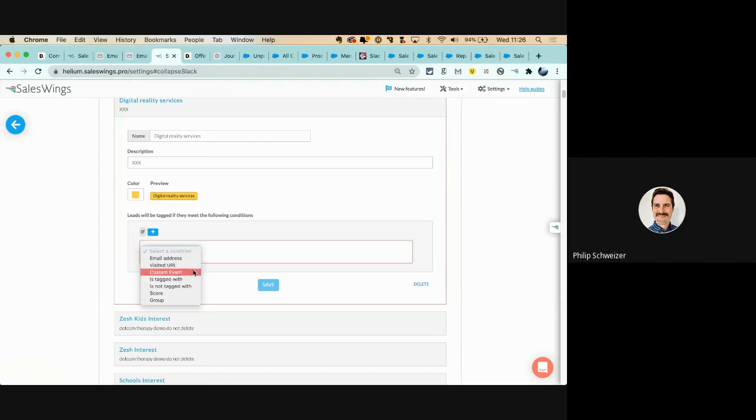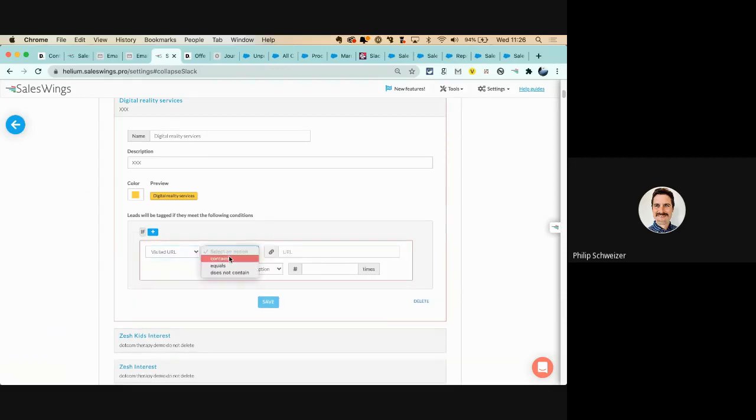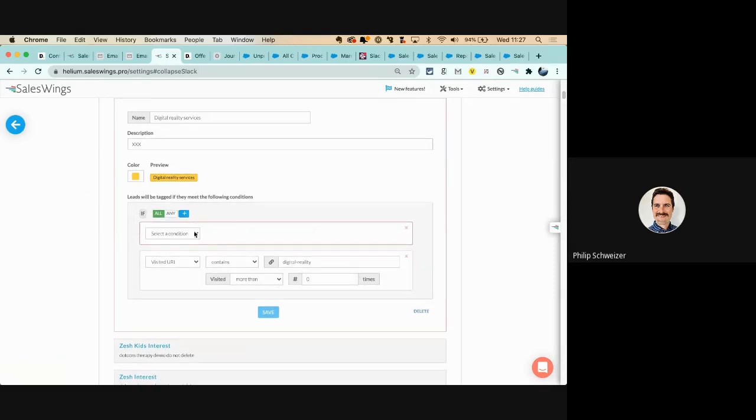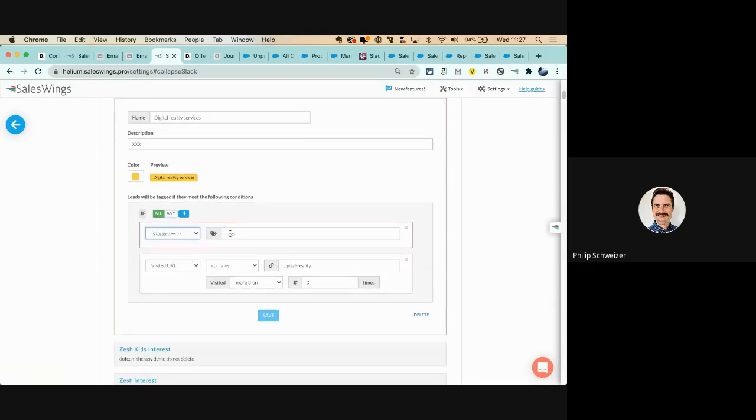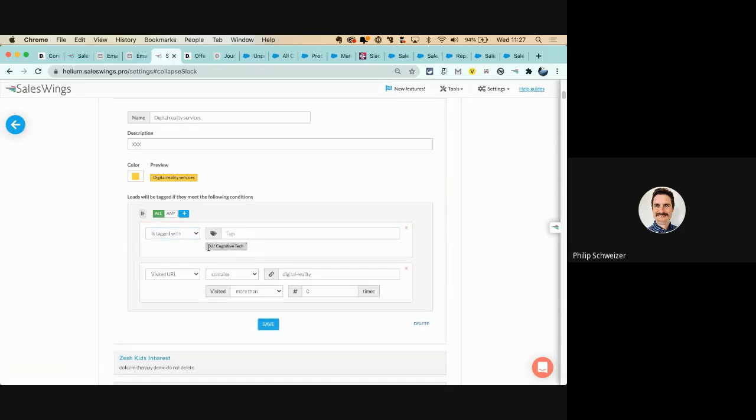And I could, for example, say, well, I'd like that the visited URL contains digital reality services, and as soon as they visit that page, I want the tag to be applied, but only if we also have identified already interest in AI and cognitive tech.